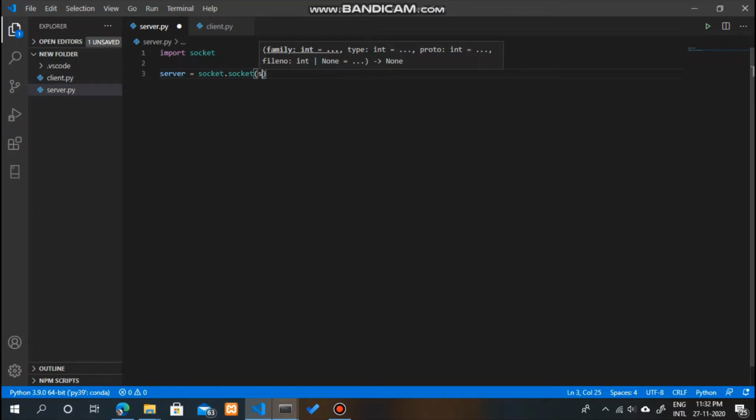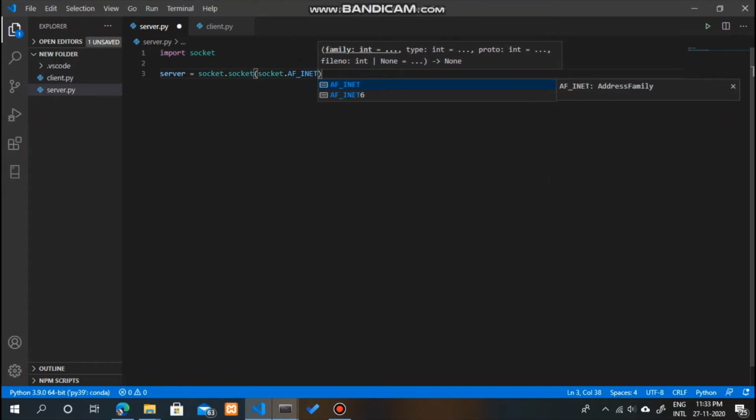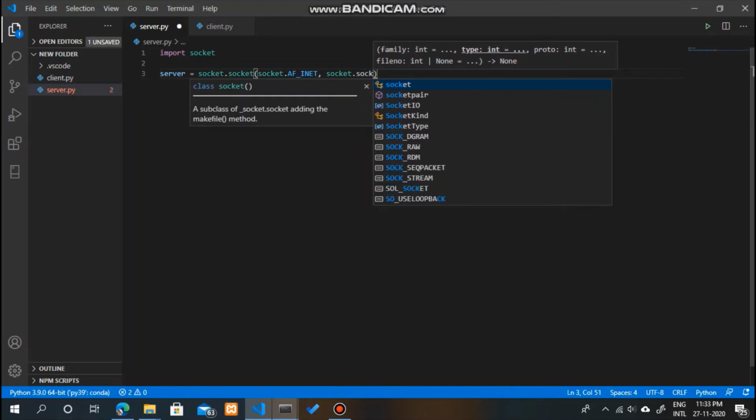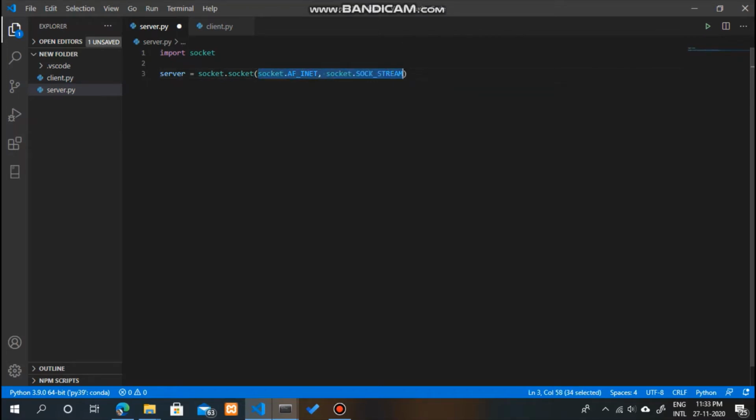The first parameter will be socket.AF_INET, and the second will be socket.SOCK_STREAM. Sorry, this will be in caps. Now what these two are doing, I will explain later. First let me create the server.